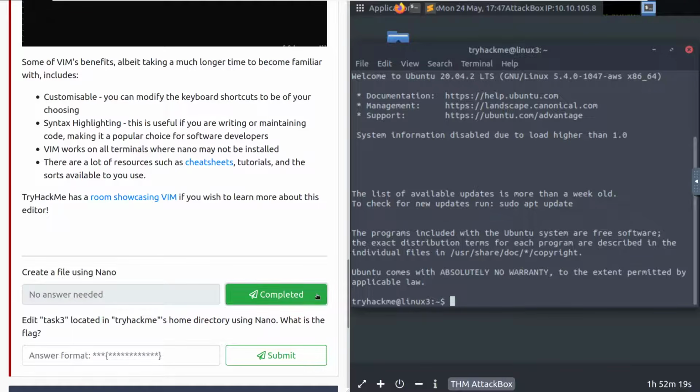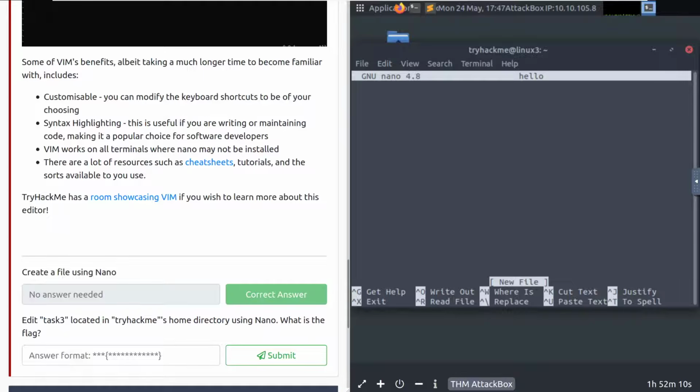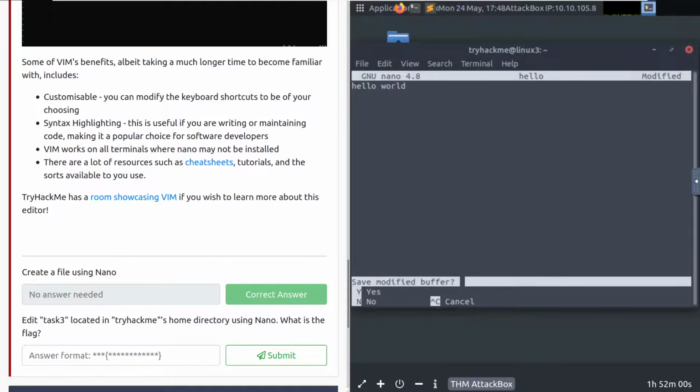Create a file using Nano. Let's go ahead and do that right now. So we'll do nano, and then let's call it hello. So here we have the Nano text editor, very straightforward. We saw this earlier in the task. If I type something in here such as hello world, we can do Control X, and we can see that